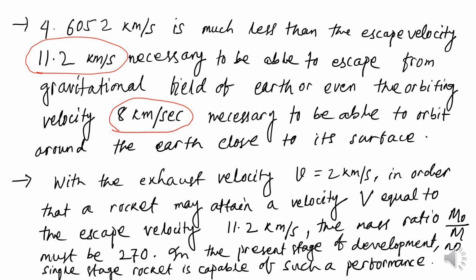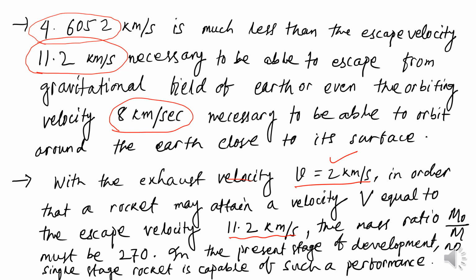So for both these values, you will see the value that is calculated, 4.6052, is less than 11.2 and also less than 8 kilometers per second. So with the exhaust velocity v as 2 kilometers per second, in order that a rocket may attain a velocity equal to the escape velocity of 11.2 kilometers per second, if we take the exhaust velocity as 2 kilometers per second and the velocity of the rocket needed is 11.2 kilometers per second,